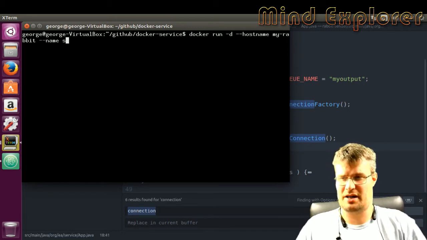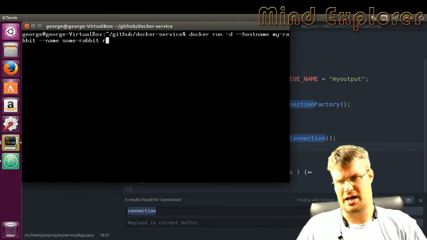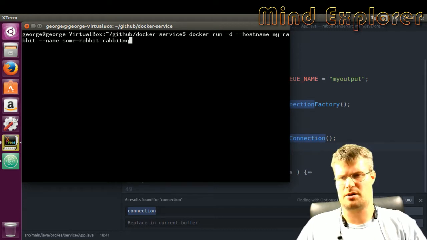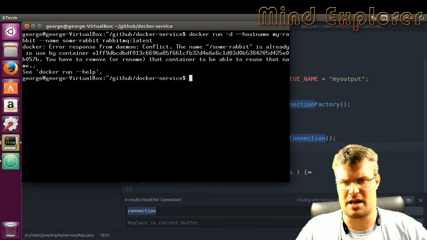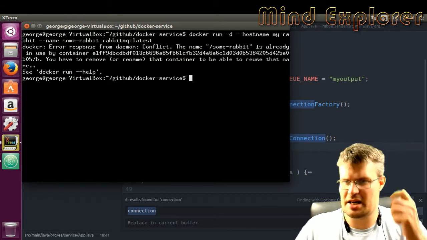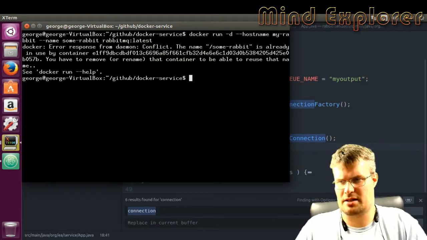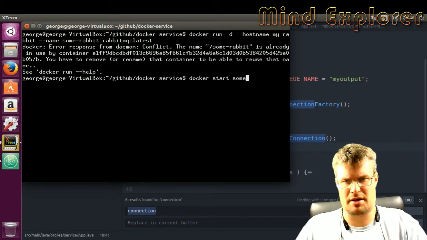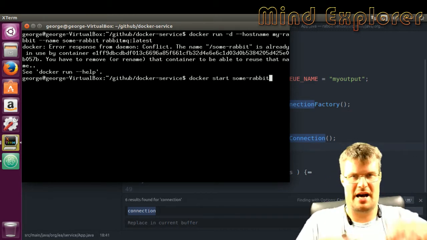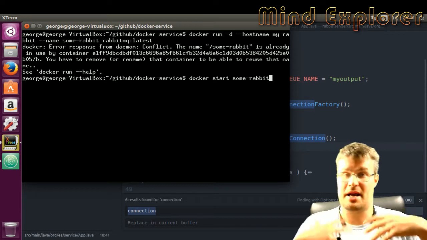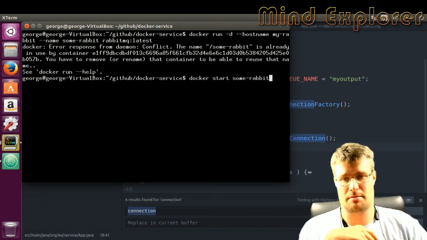then we will set a name for the container so we can easily find it. This is some-rabbit, I guess. And then we do rabbitmq, that's the Docker container's name, and we will take the latest of those. So let's start that up. The name is already in use by a container, so let's docker start some-rabbit then. So that's what we actually did here, we ran it as if we didn't have this container, but I have done this before, so I already have this some-rabbit, so I will just start that one,